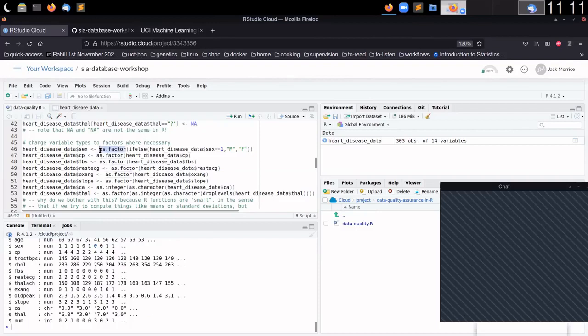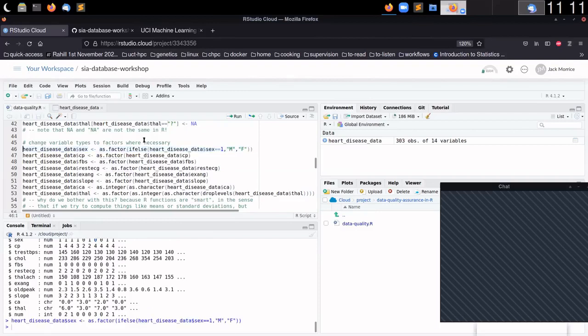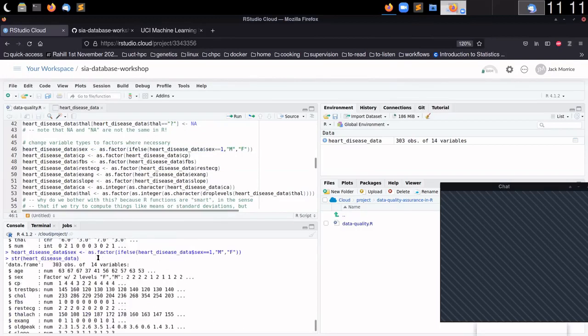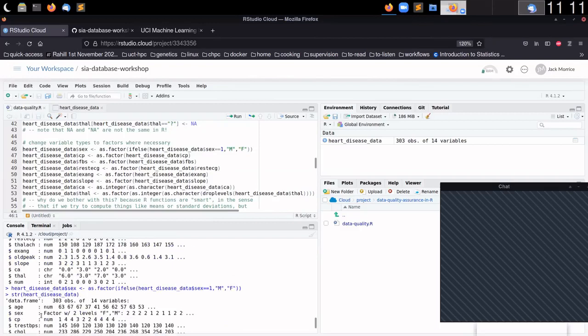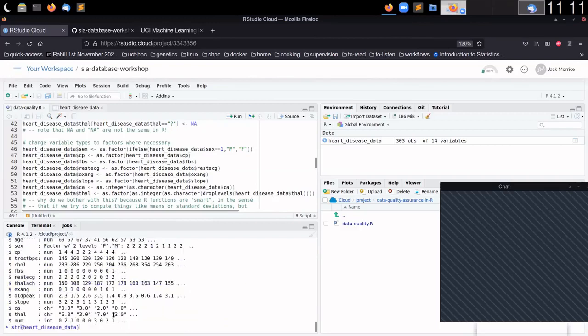So line 46 of our script will change that. We run it. And now let's have a look at it again. The structure, if you go to sex, it says now factor levels F M. So now if I peek at my data set,